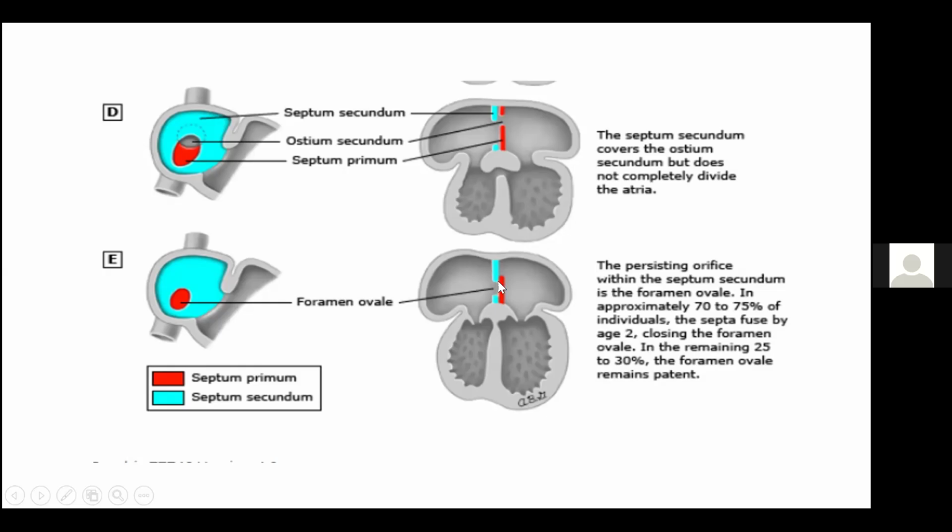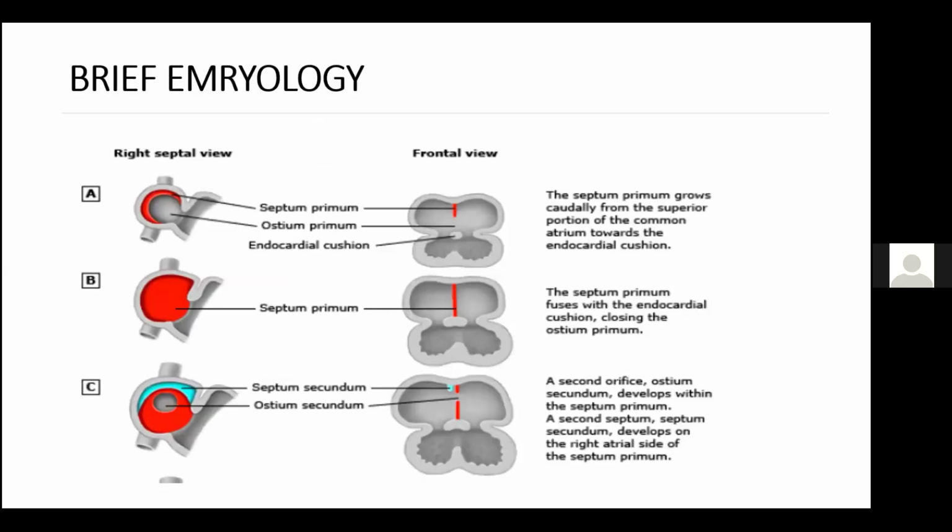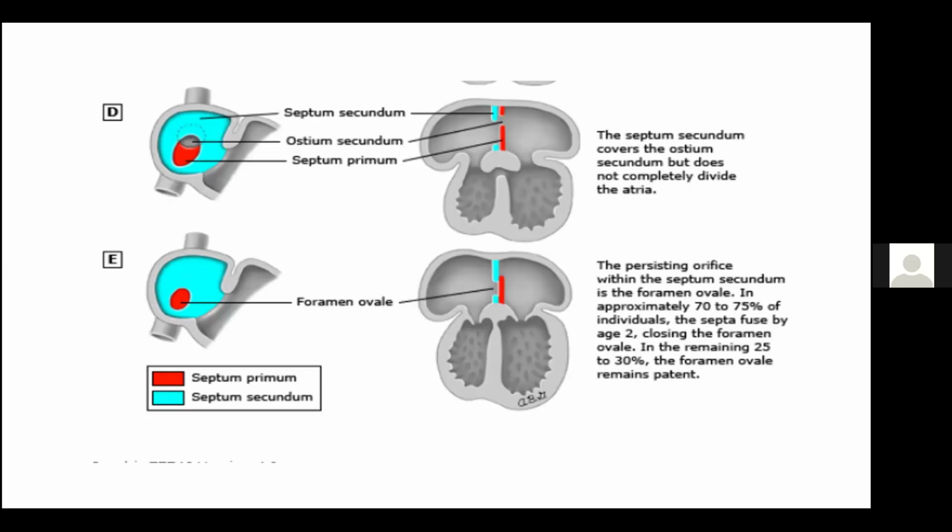The projection of this septum secundum downwards leaves an opening between the septum secundum and the septum primum. This opening is called the foramen ovale, where, as we know, the oxygenated blood that is coming from the umbilical vein is projected towards, and that forms a connection between the right side and the left side in utero. So the possibility of the different types of septal defect is the first one that I mentioned, the ostium primum, which is actually supposed to close. If it doesn't close, it can leave that defect,